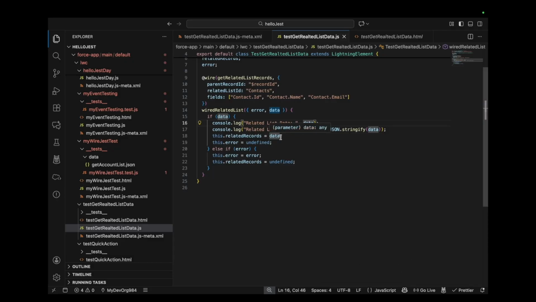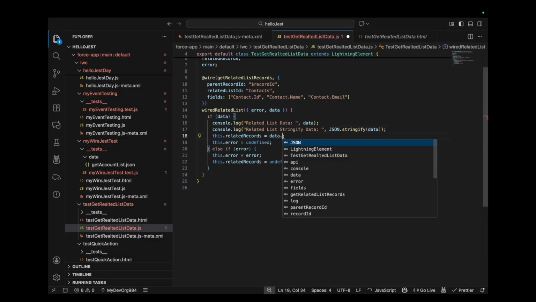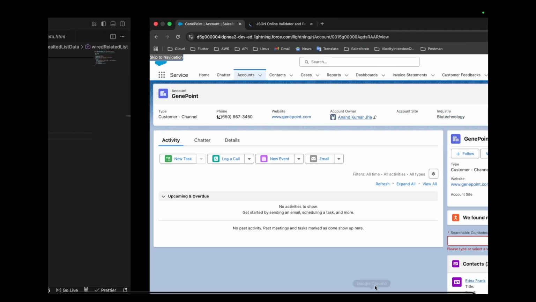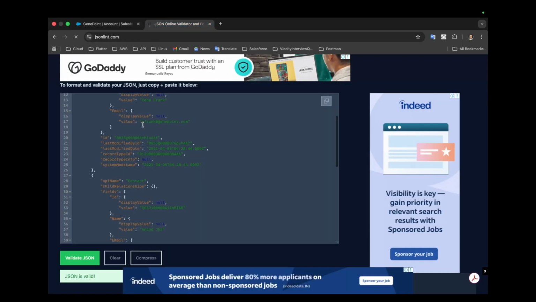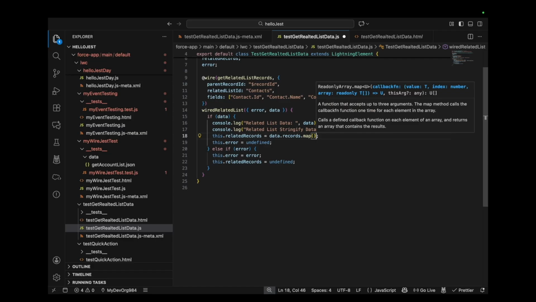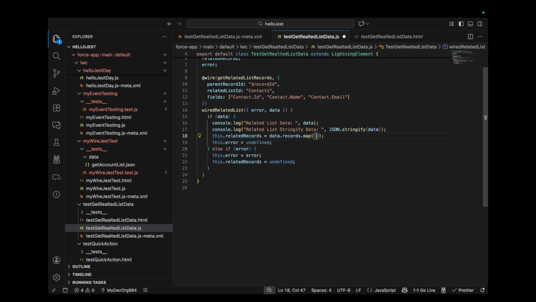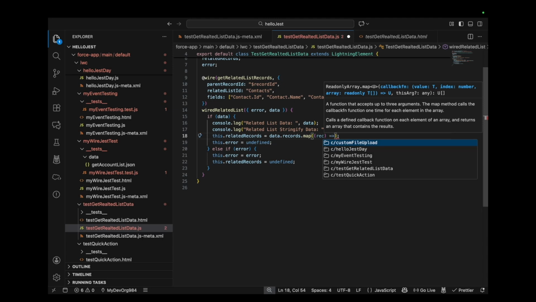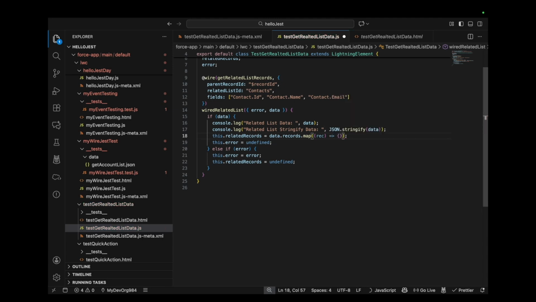So we'll use data dot, then we are going to use our node. What was the node name? It was records. So first we need to use data dot records dot map, and then we need to put here record, and then use an arrow function. We are going to use the arrow function, and then here we will map our data. So we'll use return, and then